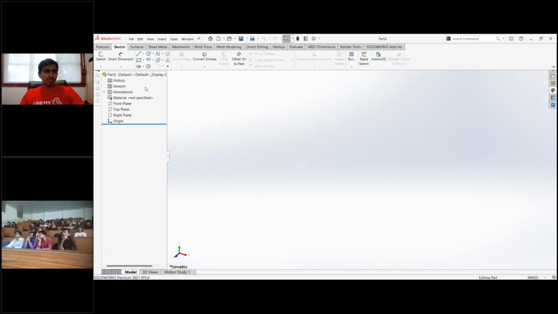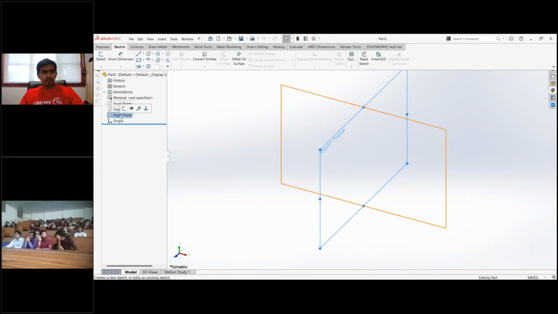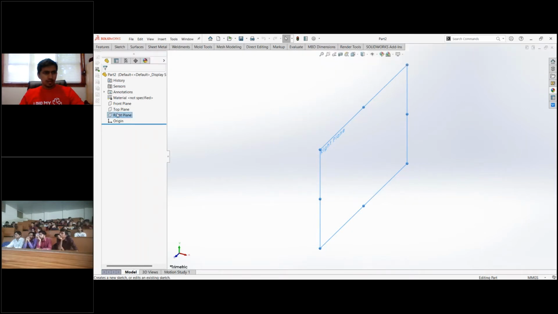So let's begin with the sketch. Right now we are going to design, let's take a bottle as an example. If we want to create the bottle, we can take the right plane or front plane and start the sketch.